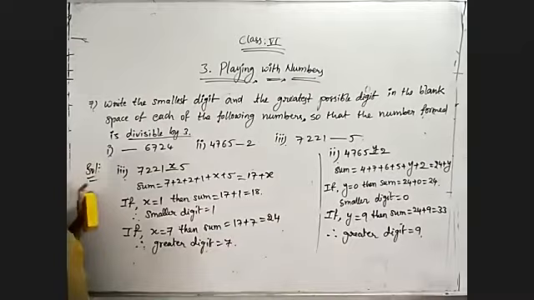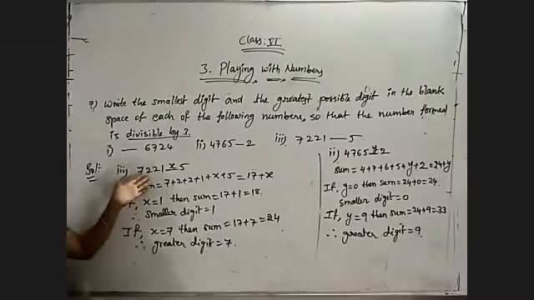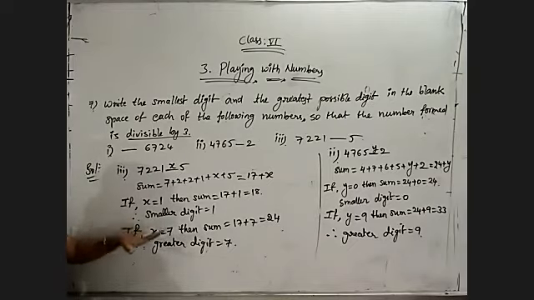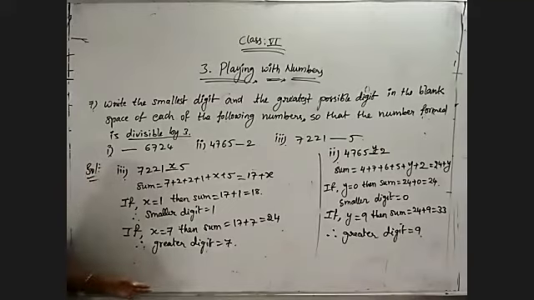So like this we need to fill. Take a few more, write any questions and practice in this way, whether they are divisible by 3 and which number we need to place so that they are divisible by 3, the smaller digit as well as the greater digit. They are asking for the smaller digit, meaning only one number we have to take. So what are the single digit numbers? 0, 1, 2, 3 to 9. To form any number, we need to select the digits from 0 to 9.